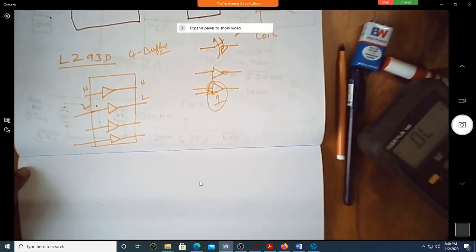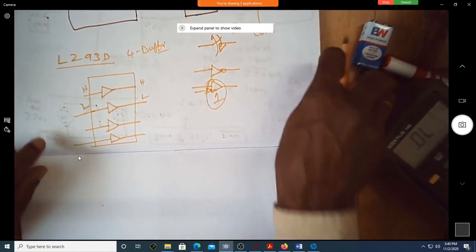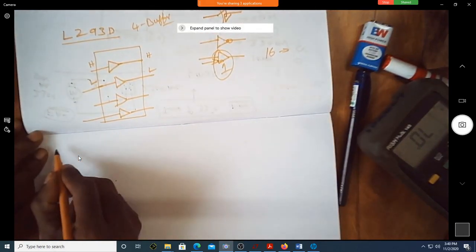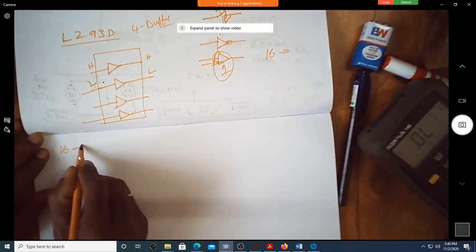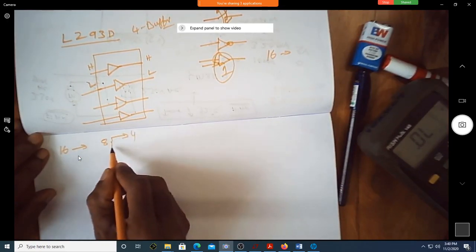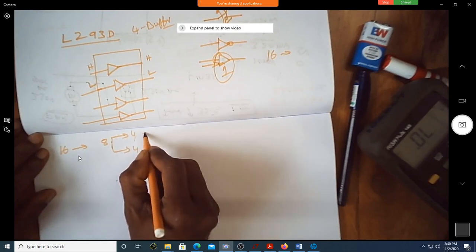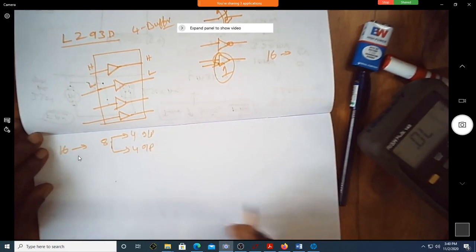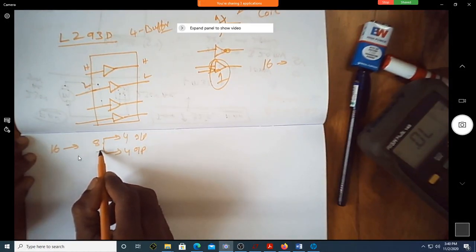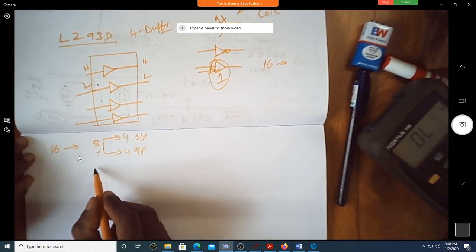Out of 16 pins, how many are over? 8 are over. Out of this 8, 4 are for input and 4 for output. How many more are left? 8 more.